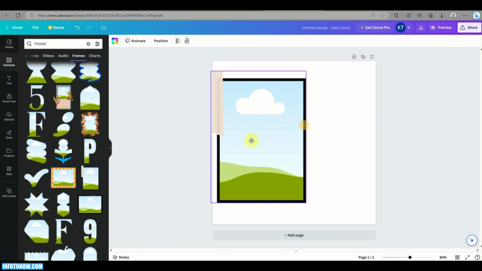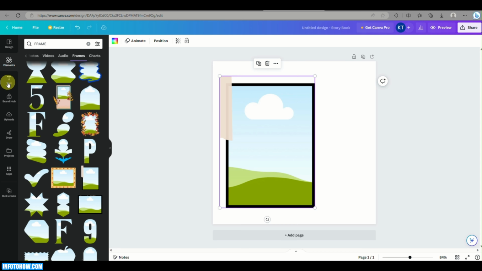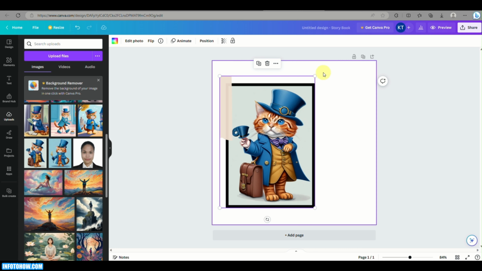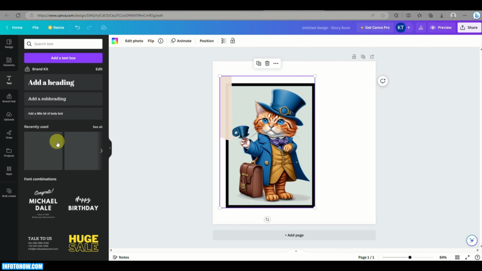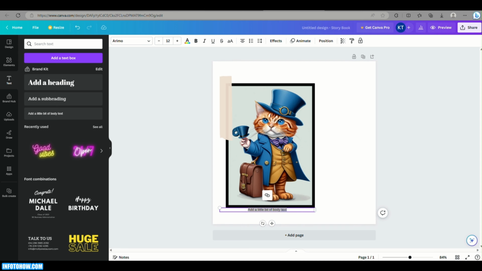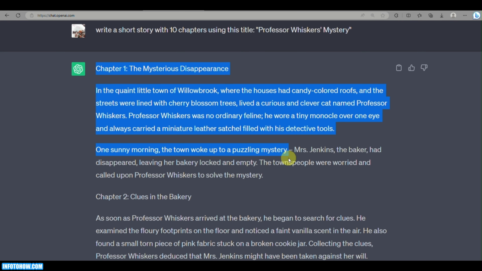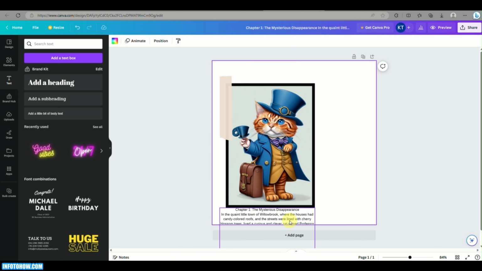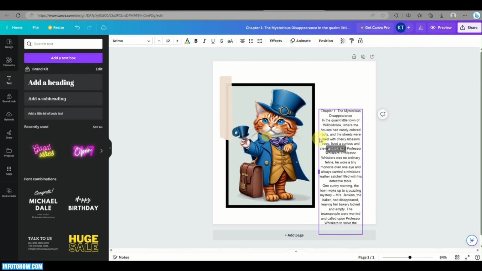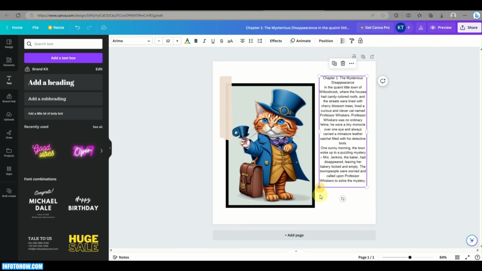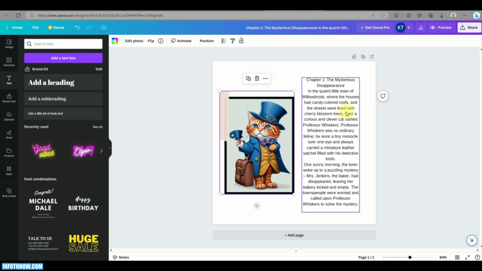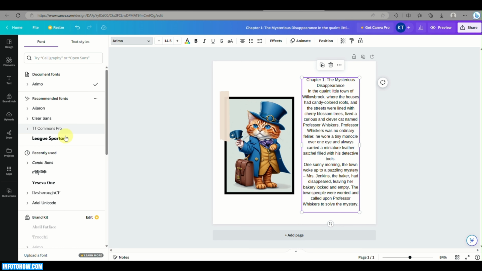So first thing here is to add a frame where we will be placing the images that we have uploaded later on. You can just simply drag and drop that here into the frame. And then the next part is the paragraphs or the story. The short story should be added into our page right here. We just need to resize and drag and position it to where we want this to be. And here we just need to minimize the image,